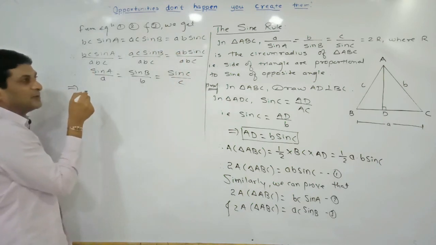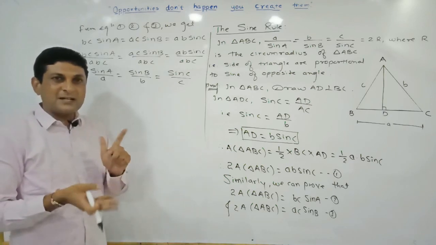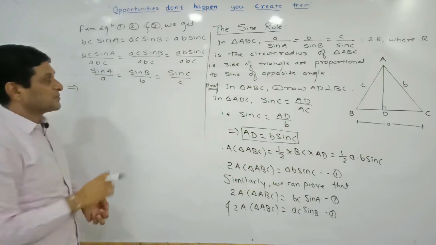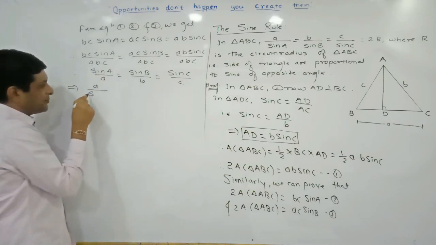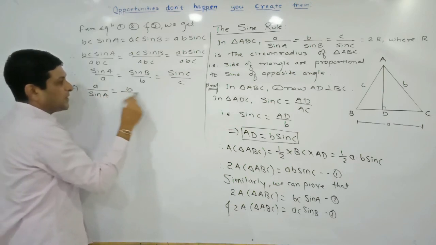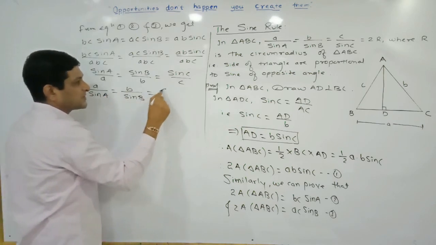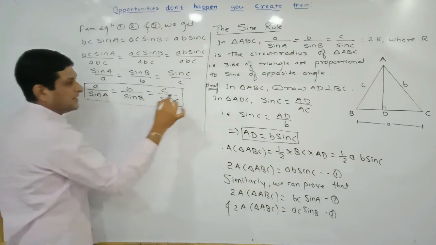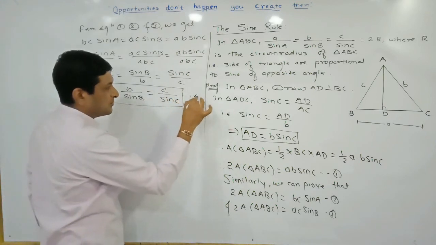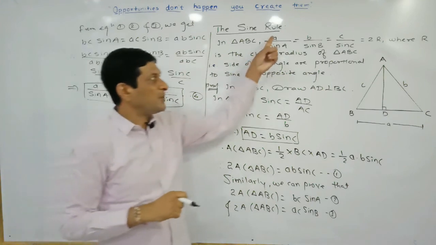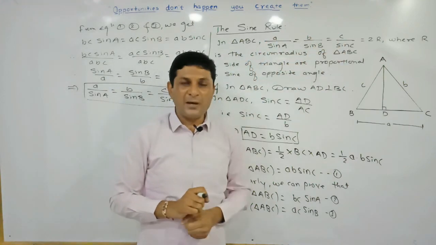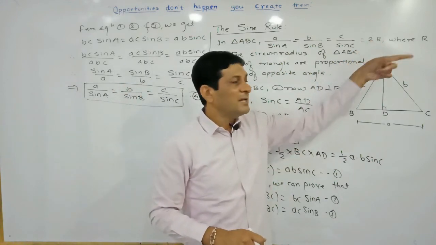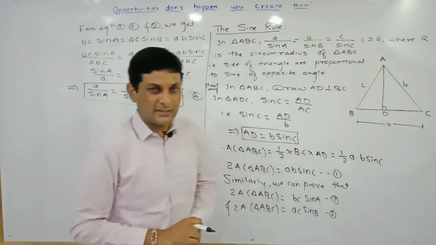So which implies that we know that if ratios are equal, then their reciprocals are also equal, which is also called alternando. So therefore its reciprocal, A upon sin A is equal to B upon sin B is equal to C upon sin C, and this is nothing but our sine rule. Let us denote it by equation number 4. So we have proved this result. Now we are trying to show that its value is equal to twice R, where R is nothing but the radius of this circle.